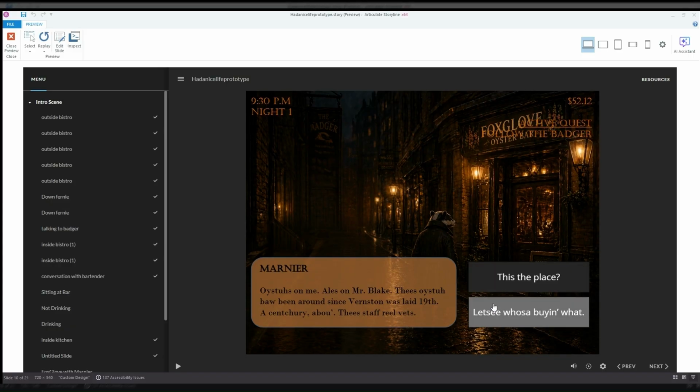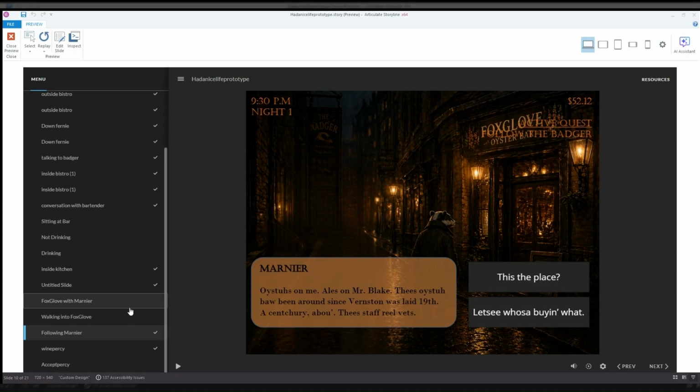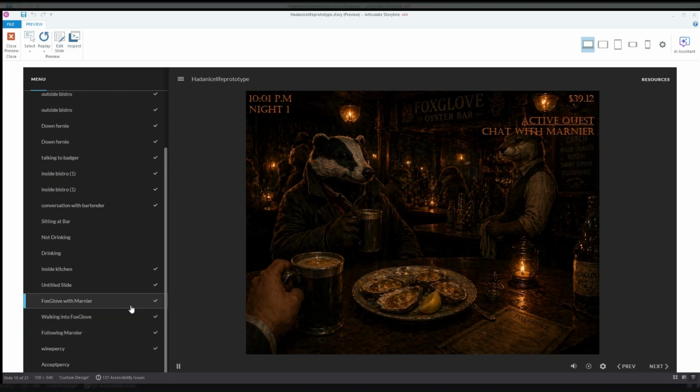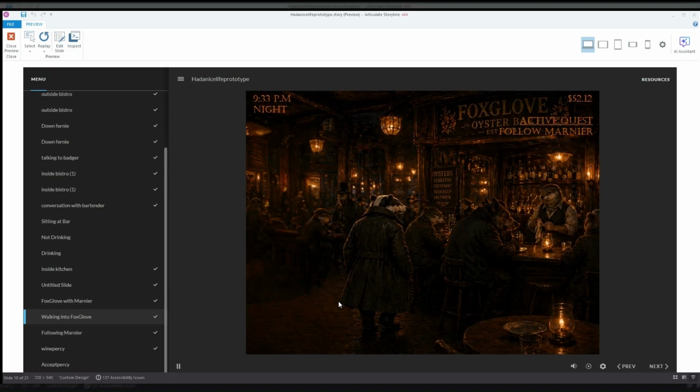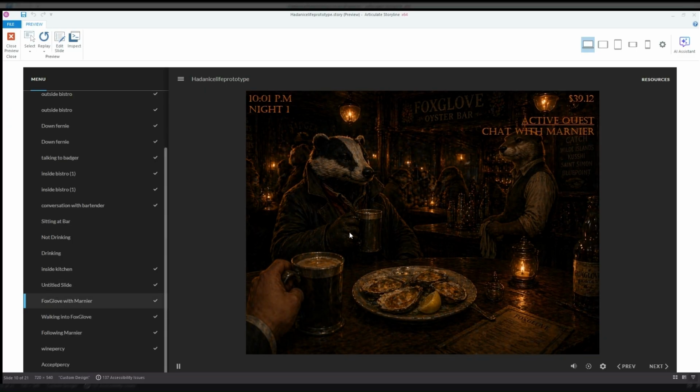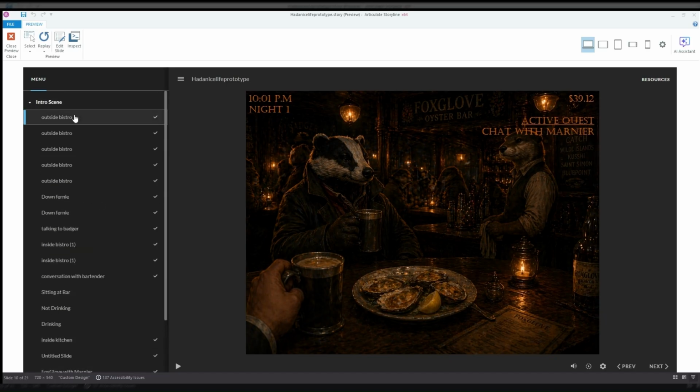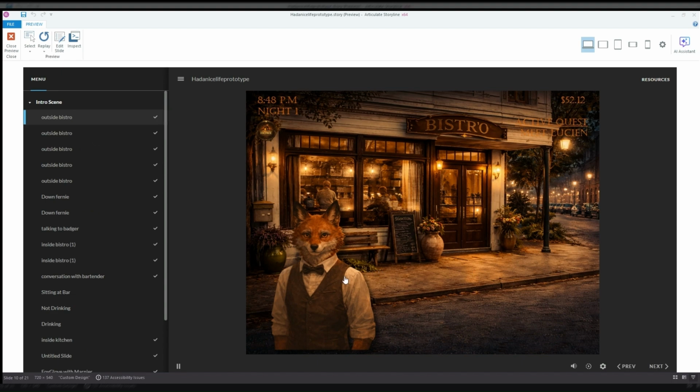More dialogue options. We're walking inside with our new character, and there are opportunities to talk to him about the culture that is present in locals in our town of Vernston here. One more branch that I'll share on this prototype is back at the home screen, greeting our protagonist.